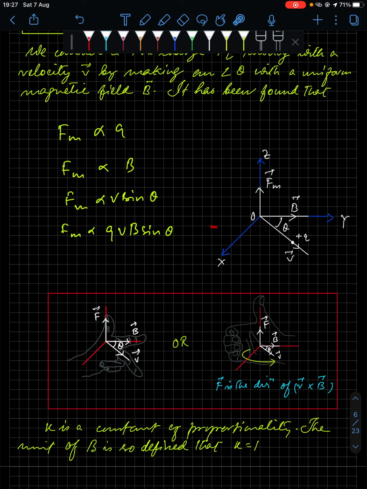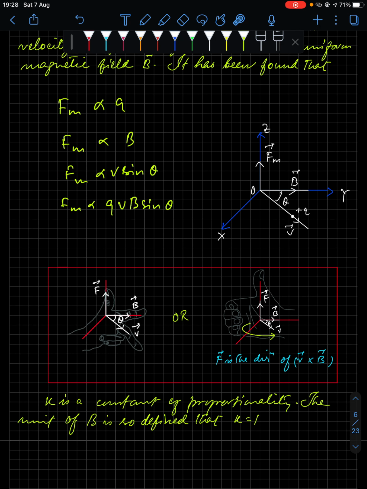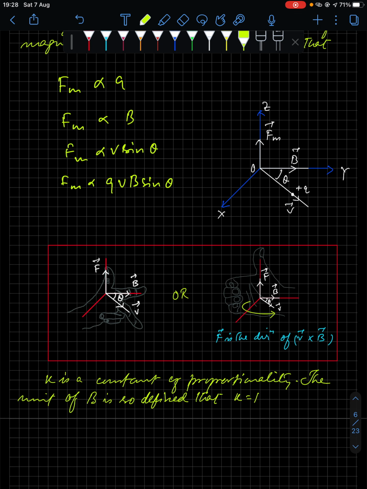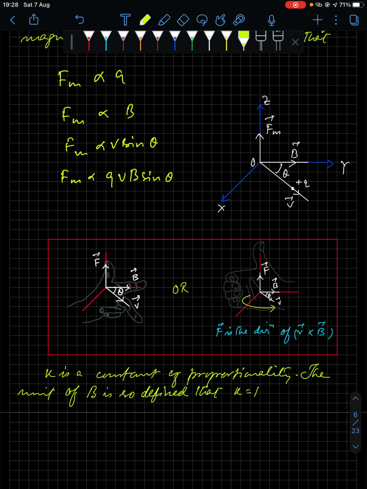Now this third thing is that the magnetic force is proportional to v sine theta actually. We don't say sine of the angle theta; it is proportional to v sine theta. Now if theta is equal to 90 degrees, then v will be along this direction and the charged particle will flow along this direction. If theta is 0 degrees, then v will be along this direction. So Fm is proportional to v sine theta, that is to be remembered, and by combining these three we get Fm proportional to qvB sine theta.